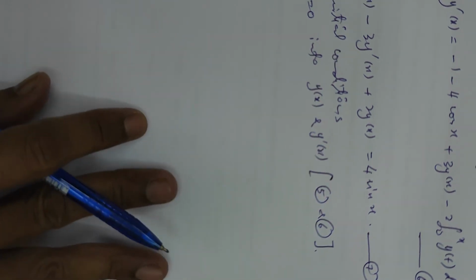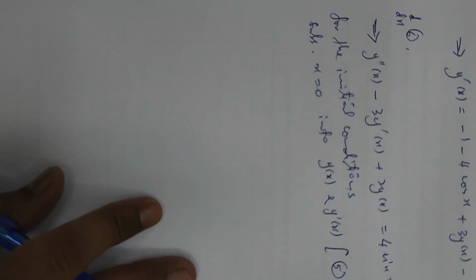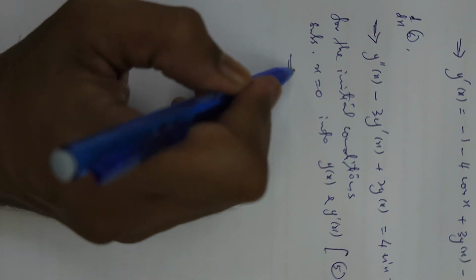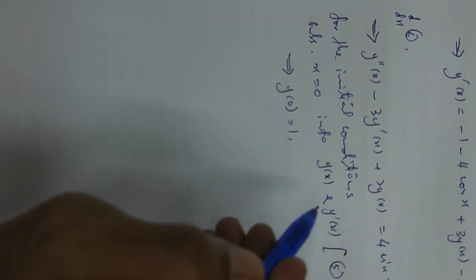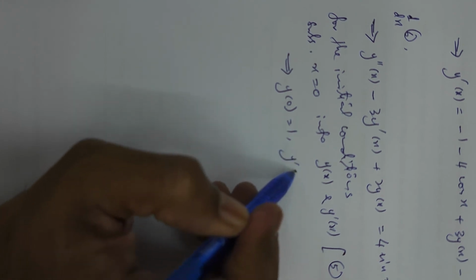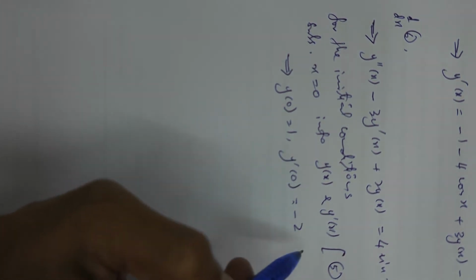You substitute into those, then that gives you y(0) equal to 1 and y prime(0) equal to minus 2. Okay,